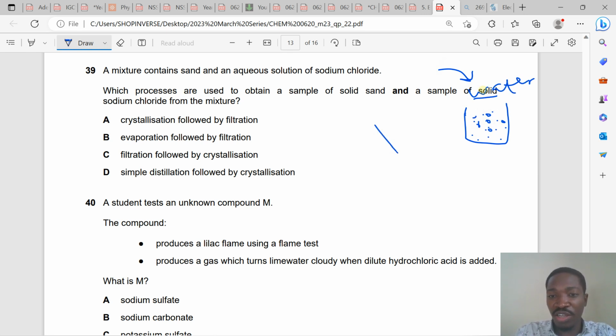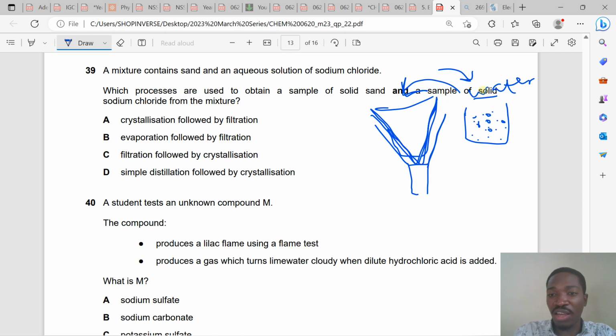Okay, then you pour it into a sieve. Okay, this is your funnel. You have your filter paper here. Sorry, that should say funnel, not sieve. You pour it into your filter paper. So when you pour this